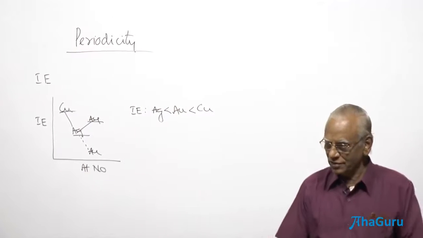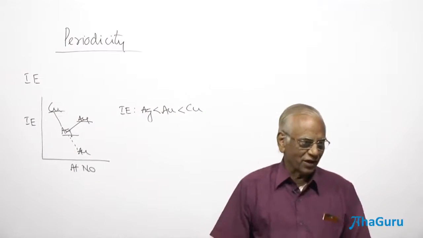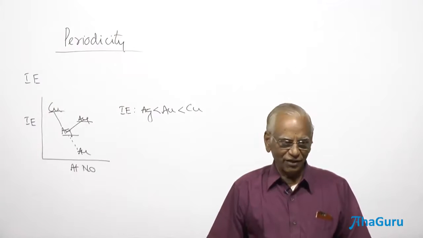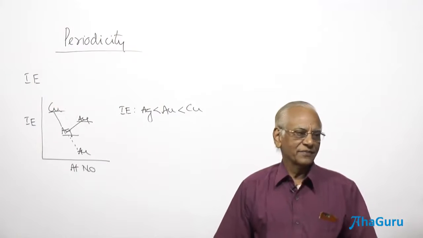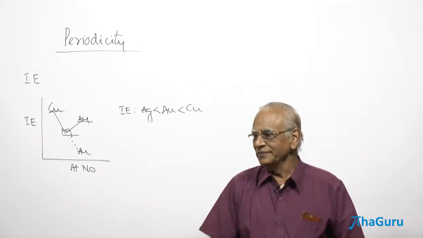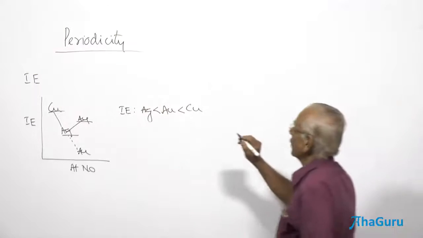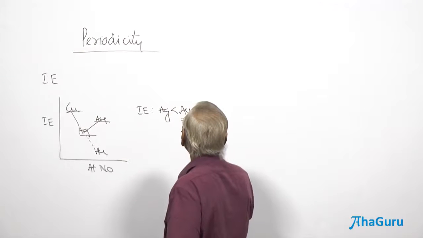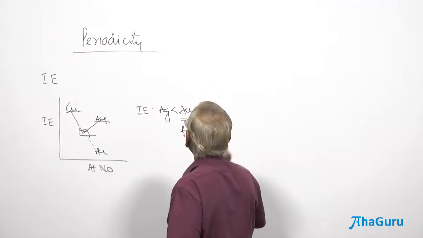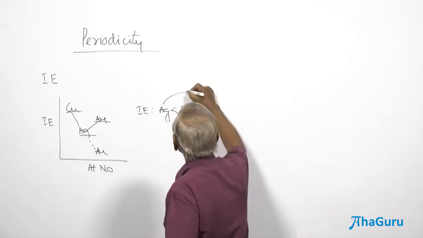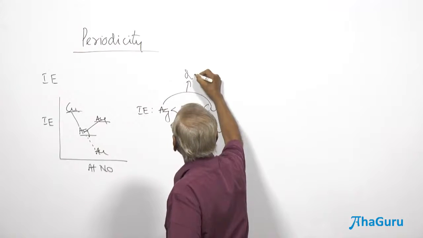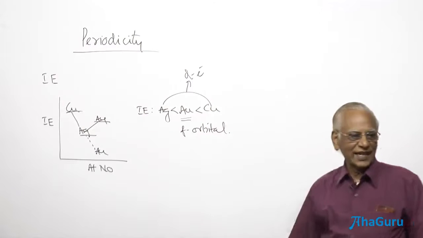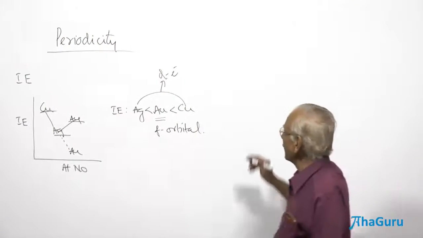I asked you to find out also the number of d orbitals, names of the d orbitals, shapes of the d orbitals, and f orbitals also from the internet. So, let me not go into the details. This is because of the f orbital. Whereas copper and silver contain only d electrons. Here, f electrons. What is the characteristic of d electron, f electron?